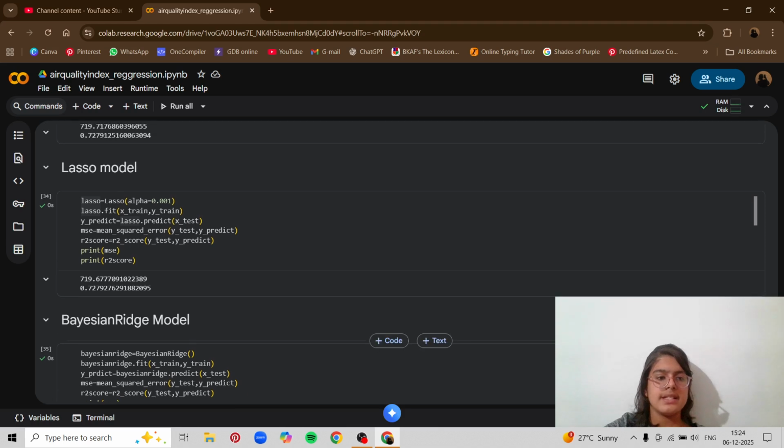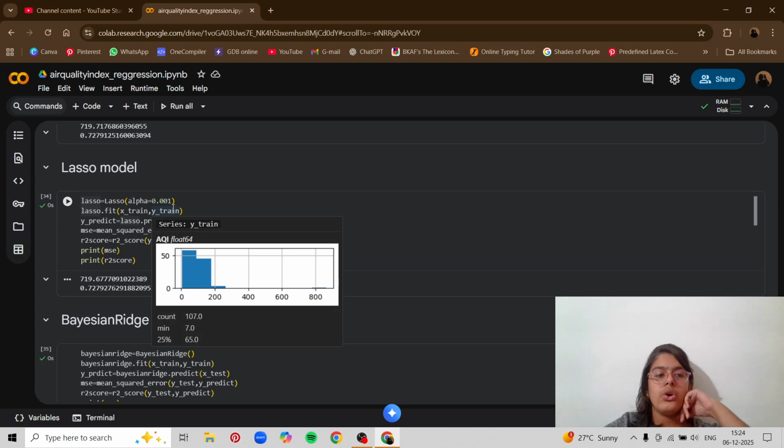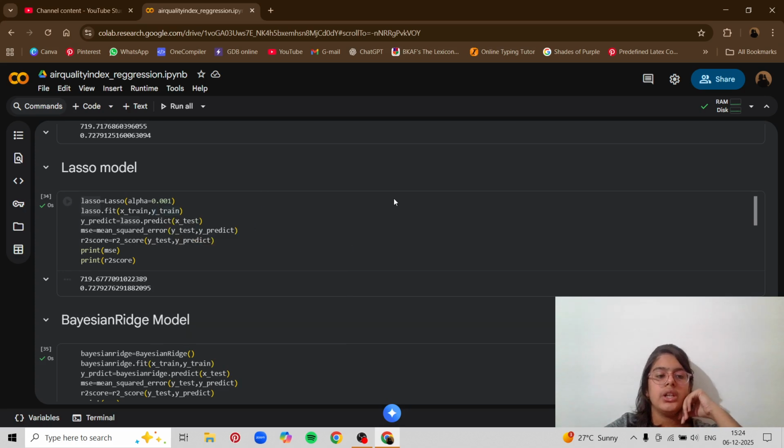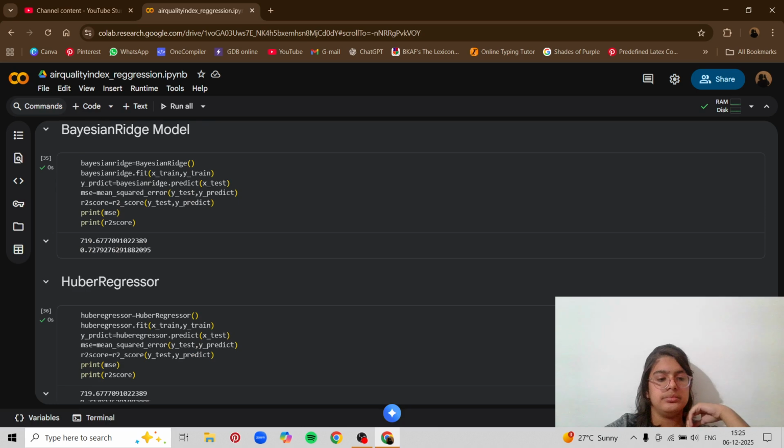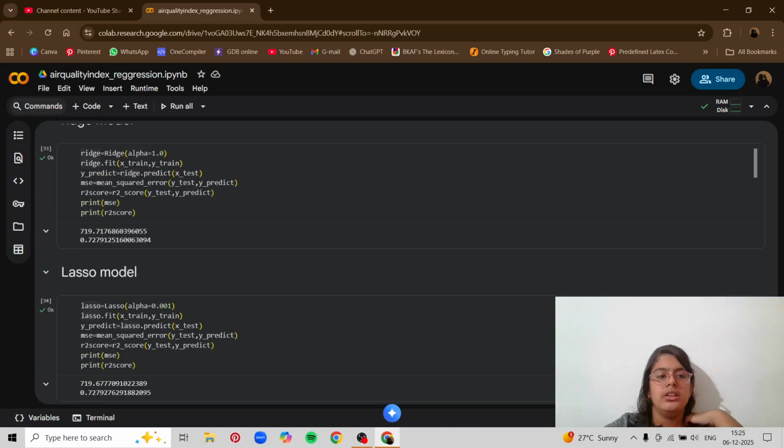Yes, so next is the Lasso model. In this model, for a moderate value, take the alpha as 0.001. So for all of these models, it depends on what you're giving as the alpha. Some of these models do not require an alpha, like Bayesian ridge and Huber regression.